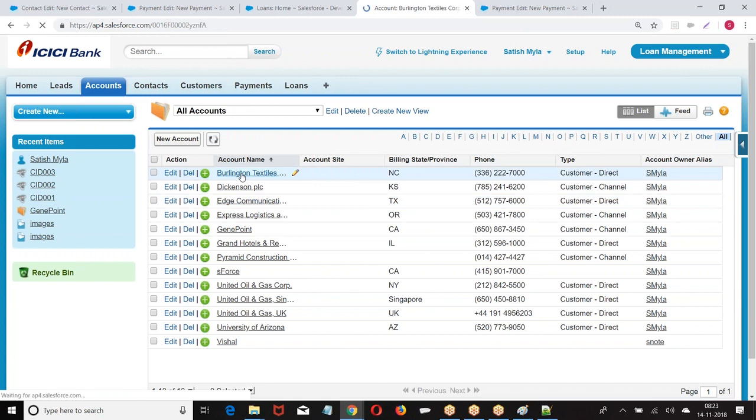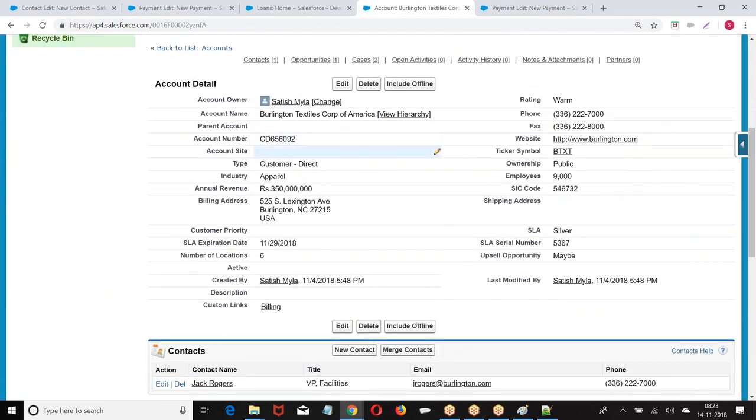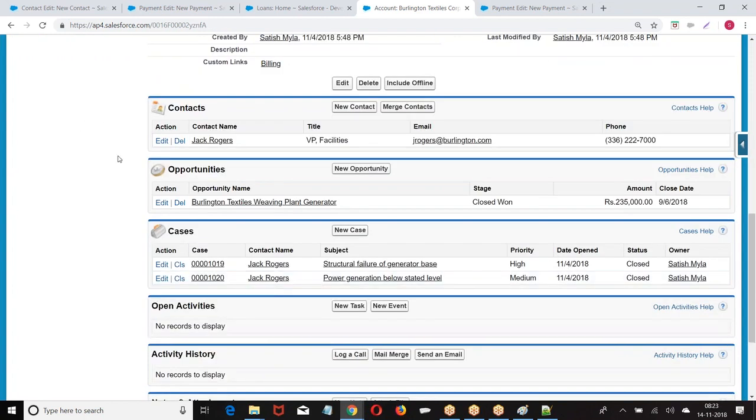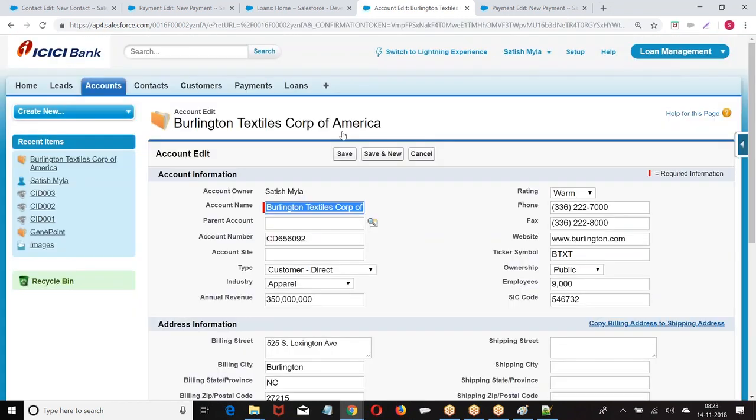If I open any one of the records, it is called detail page. After the record is saved, whatever we are opening is a detail page. All these are the related list, the child records for that record. Detail page with a related list. When I click on edit, what we are getting is called edit page.